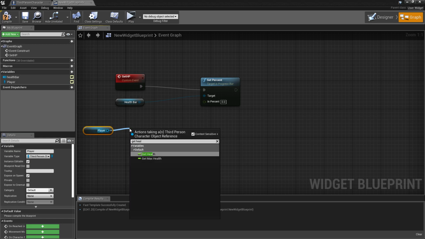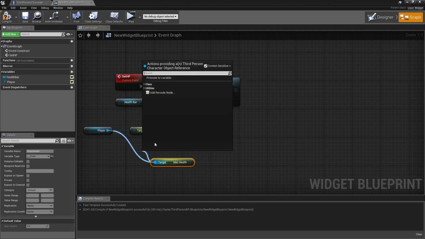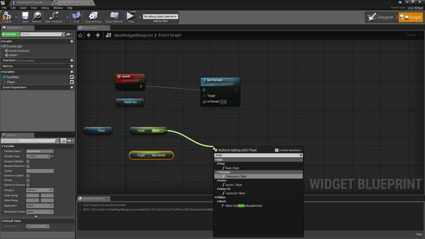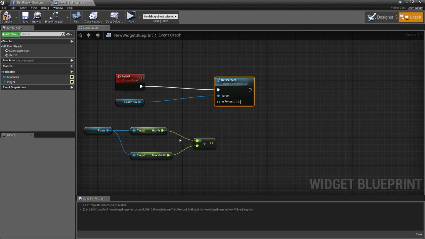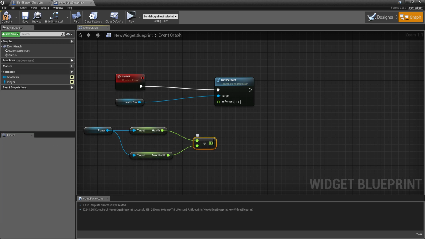Get health. We also want to get max health. Oops. And we'll divide these. And the reason we're dividing these is because the percentage works between 0 and 1. Okay, 1 is totally full, 0 is empty. So if our max health is 100 and our regular health is 90, if you divide those, it's 0.9. Right? So 10